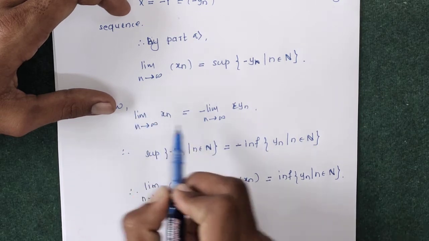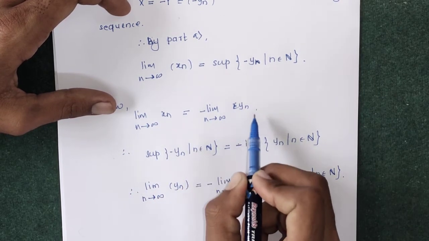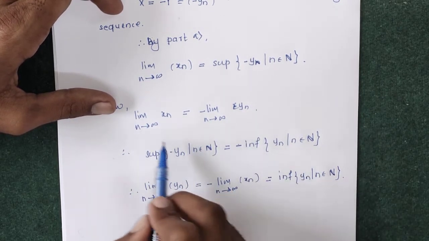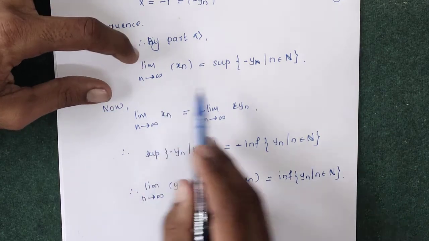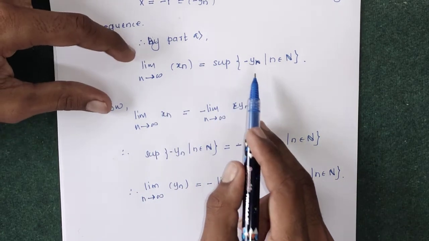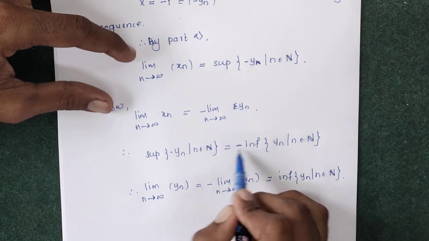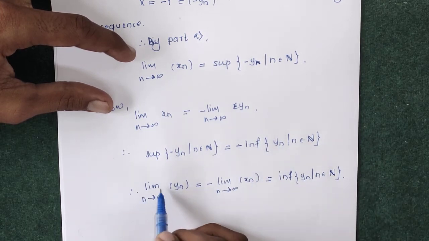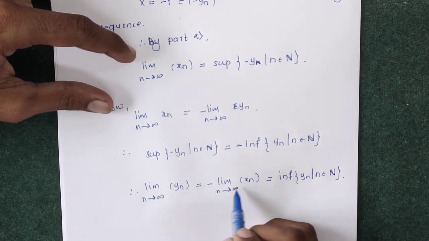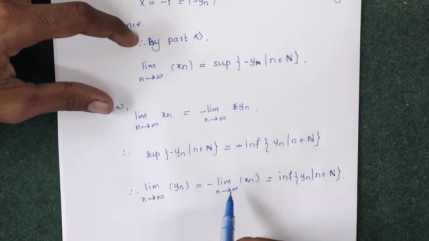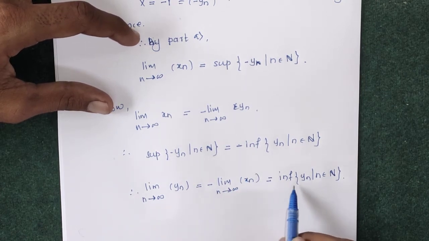That is, the limit of the sequence xn is equal to minus the limit of the sequence yn. So the supremum of minus yn means minus the infimum of yn. So we can write the limit as n tends to infinity of yn is equal to minus the limit as n tends to infinity of xn, and this limit is equal to the infimum of